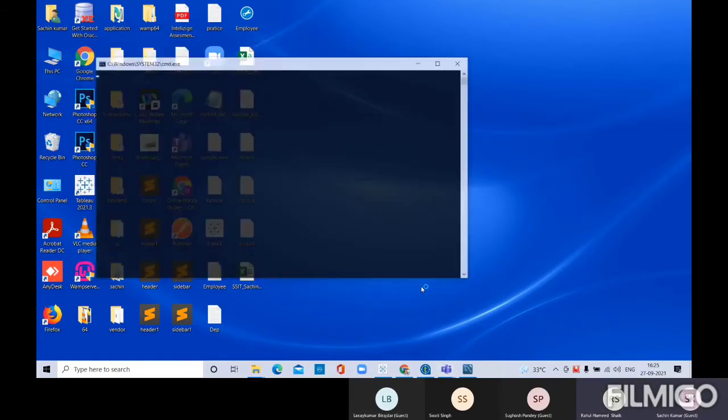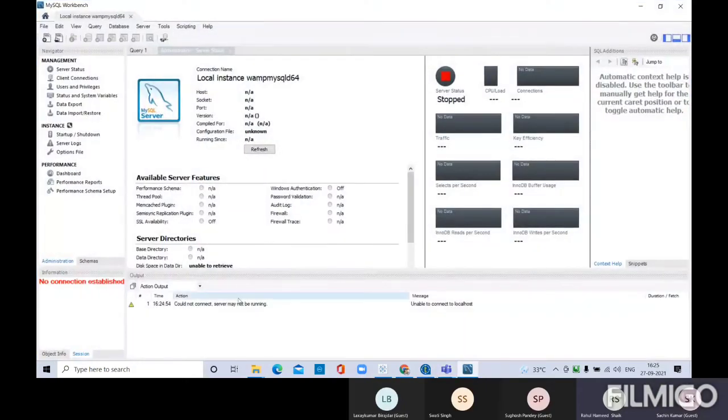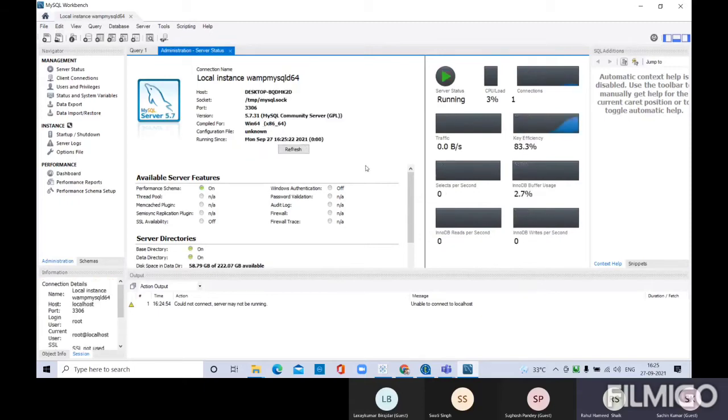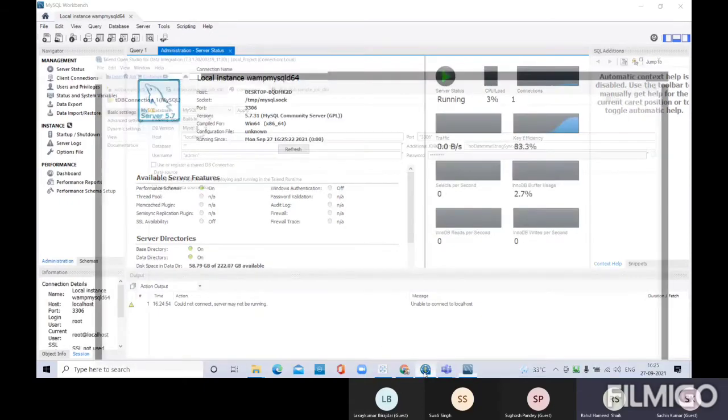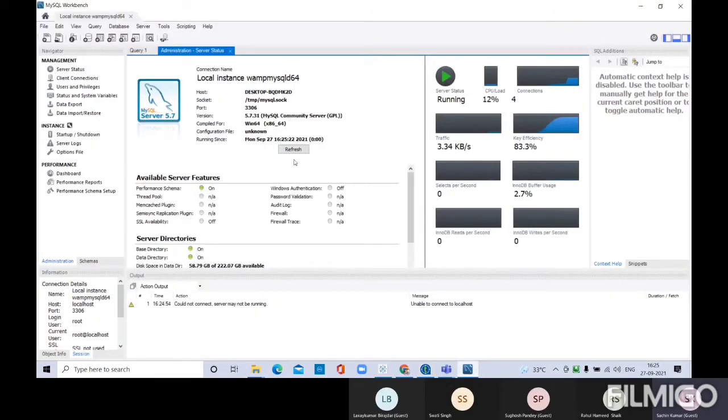That's fine. From the workbench itself, you can see the database, right? Have you created any schemas there? No, sir, not yet. You haven't created anything yet. Okay. MySQL Workbench.